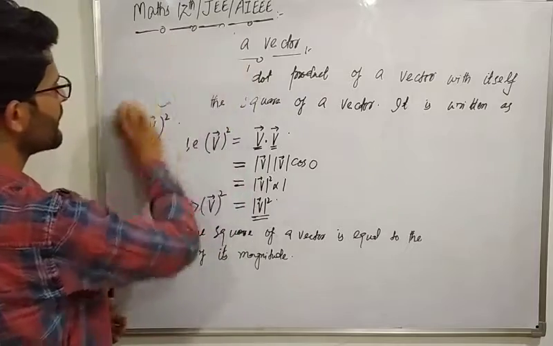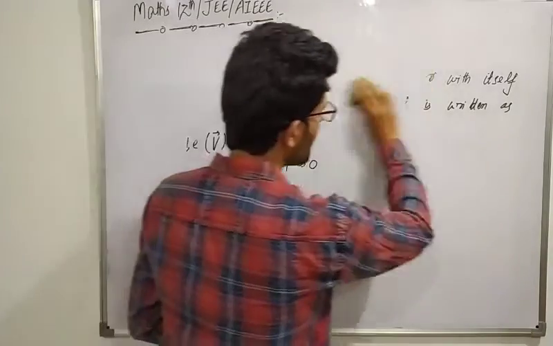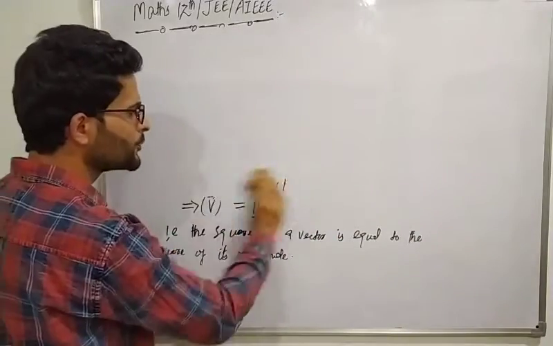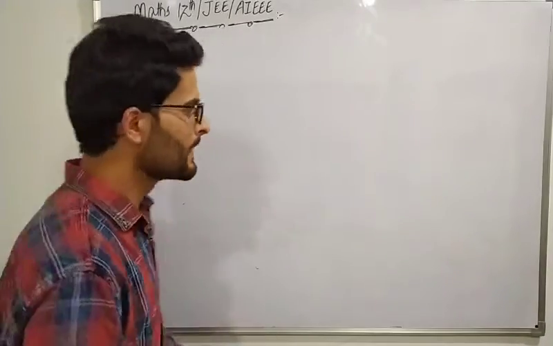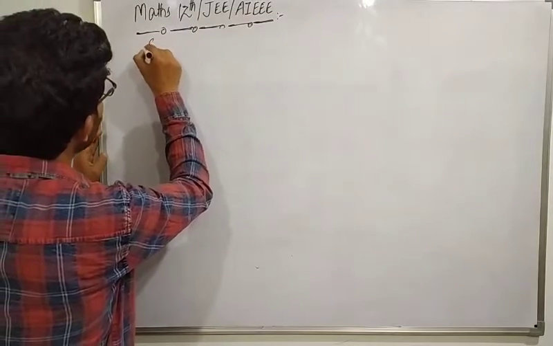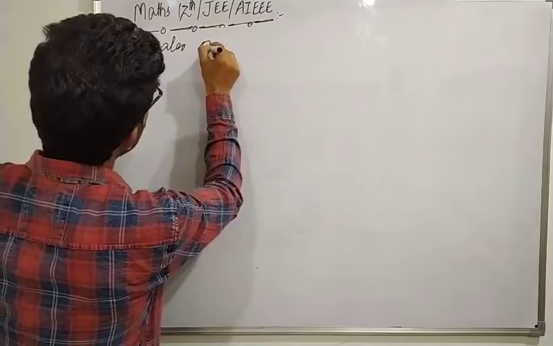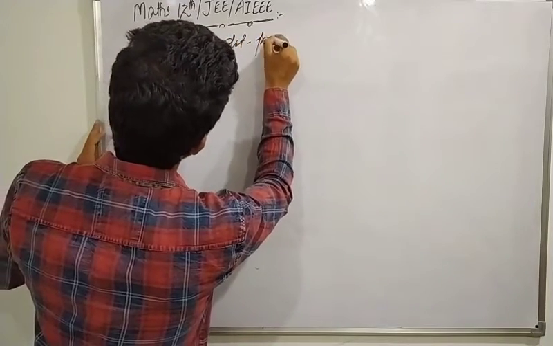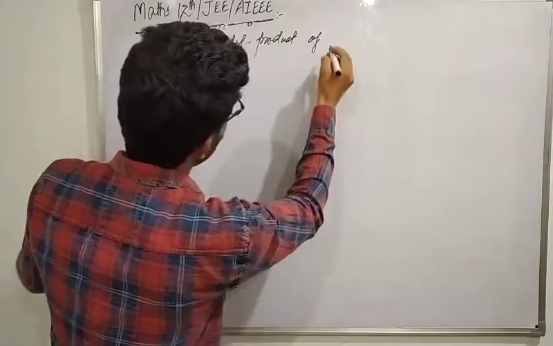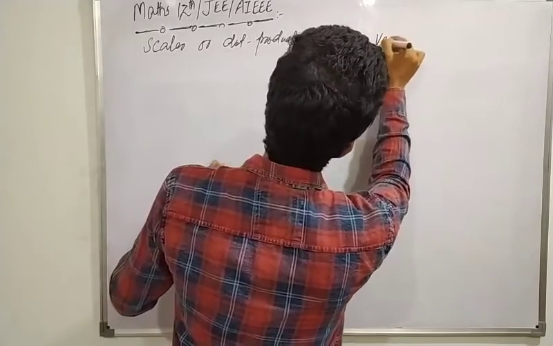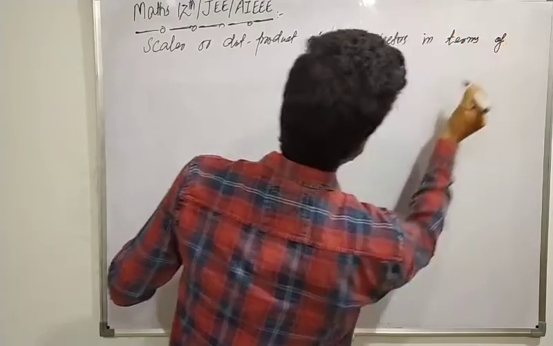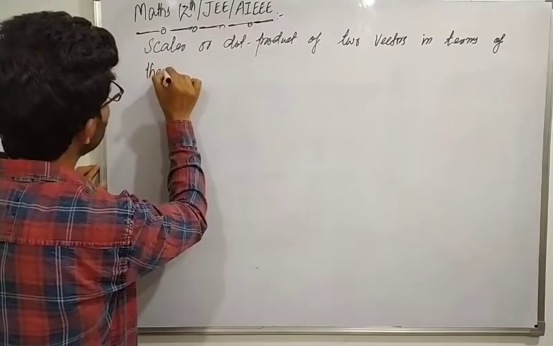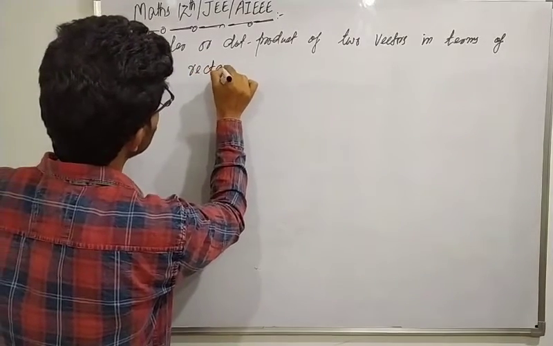Now next lies another topic very much important again, and that is the scalar or dot product of two vectors, but when they are represented in terms of their components। यहां पे हम उन components को rectangular components भी कहते हैं। तो scalar or dot product of two vectors in terms of their rectangular components।